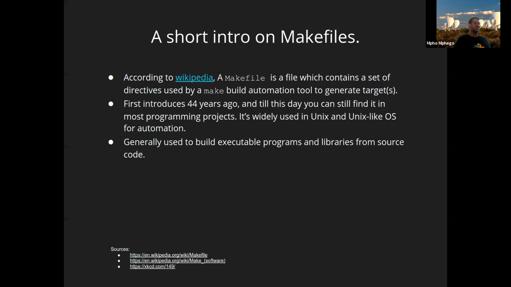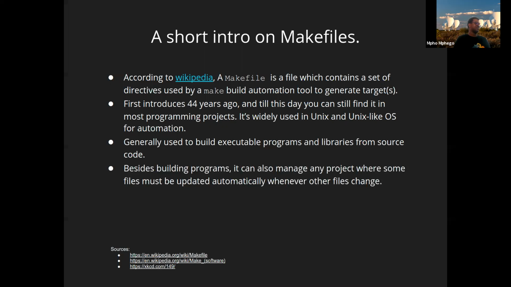Generally, it's used to build executable programs and libraries from source. As I mentioned earlier, most people use Makefiles in C and C++ projects. Besides building those projects, you can also use it to manage projects where some files can be updated automatically when you change a file. Say, for instance, for an example,